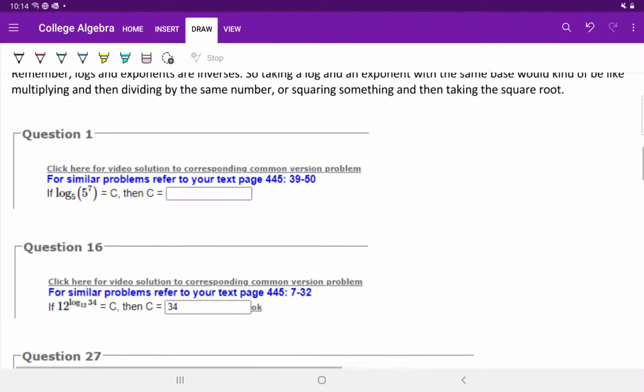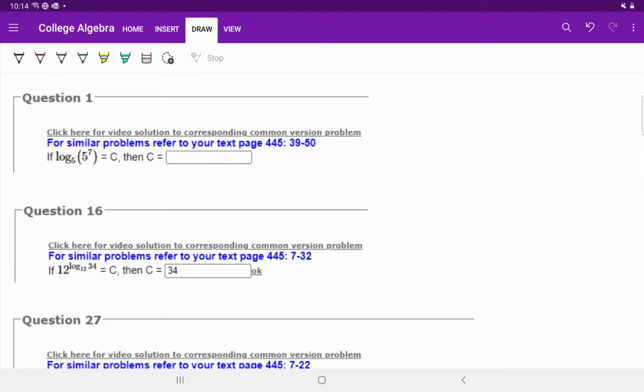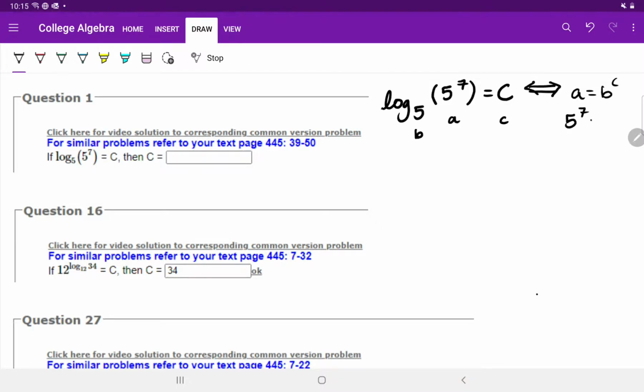We'll jump into example 1. In example 1, we have log base 5 of 5 to the 7th equals c. We're going to do this problem two ways, the long way and the short way. So this is our b, this is our a, and our c. If we wanted to convert this into an exponential, we would write a equals b to the c. So that would be 5 to the 7th equals